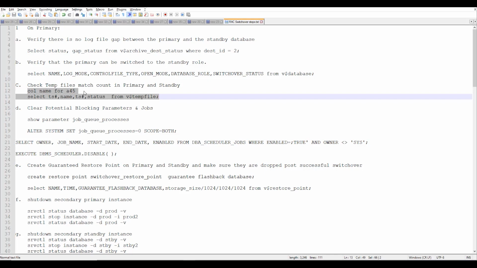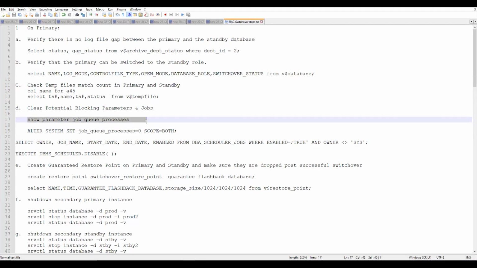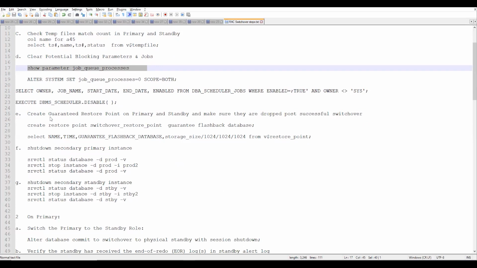Apart from that, there is an option of clearing any job queue processes; you can make it zero, because there shouldn't be any jobs getting executed. These are additional precautionary measures that you can take if you are working on a critical system.